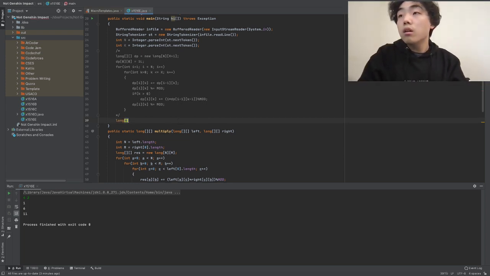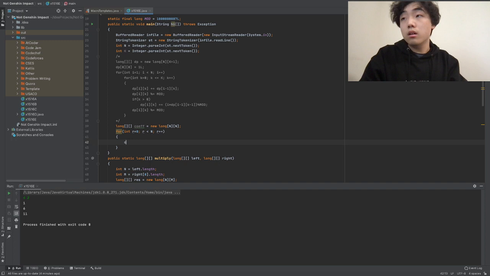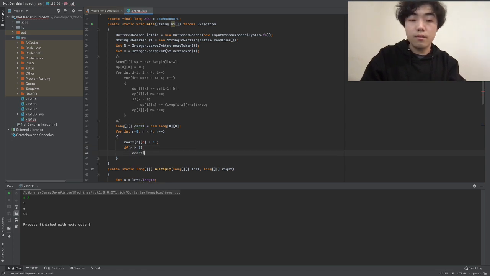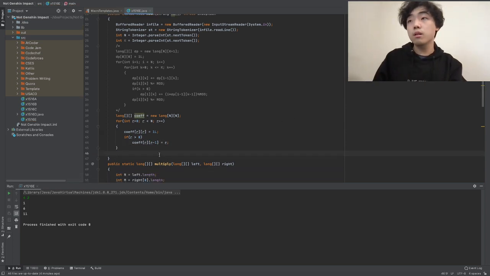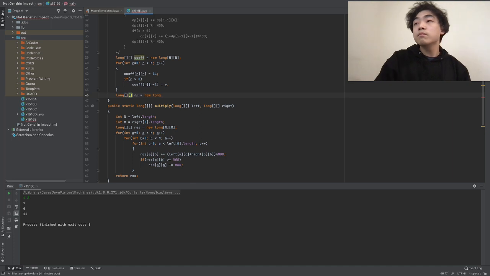Okay, so long coefficient n by n, or r is less than n, r plus plus, and then we do coefficient at r and c is equal to 1, and then if r is greater than 0, then coefficient at row r column c minus 1 is going to be equal to r. Yeah, so that's a coefficient matrix. So it's going to be 4 by, I guess k by 0. My bad, this should just be k. So we do k by k,